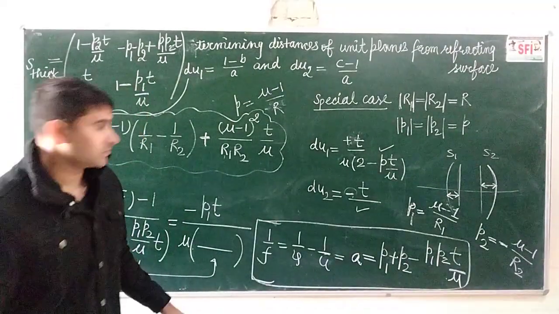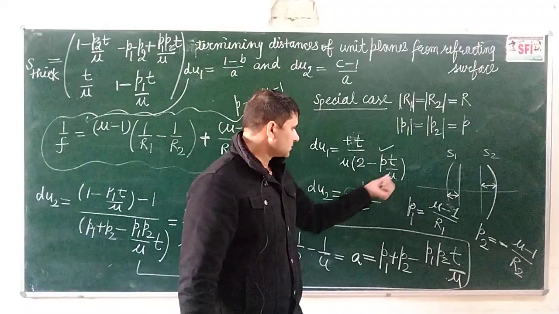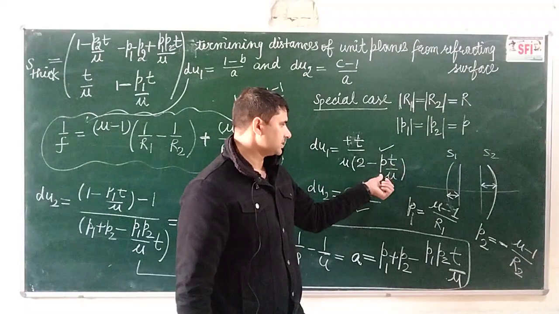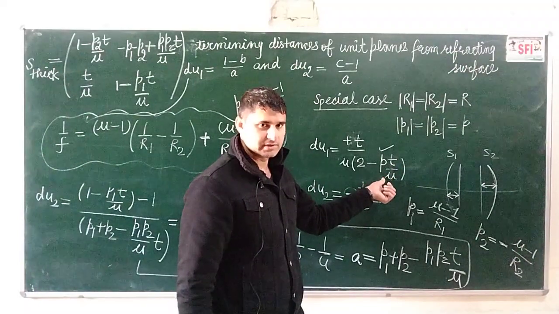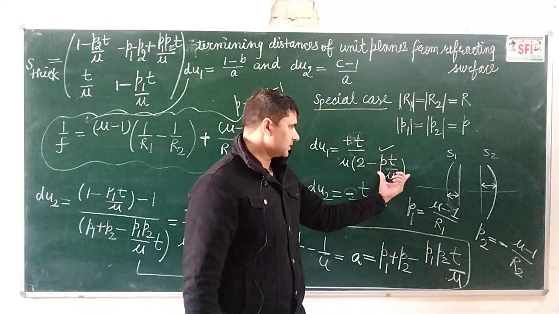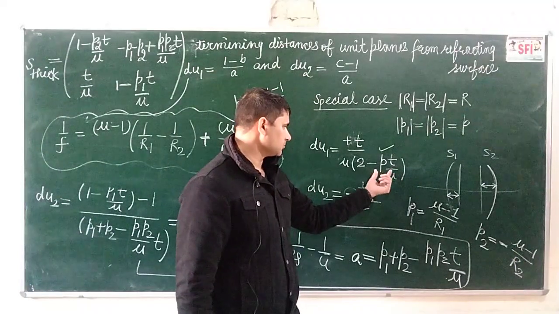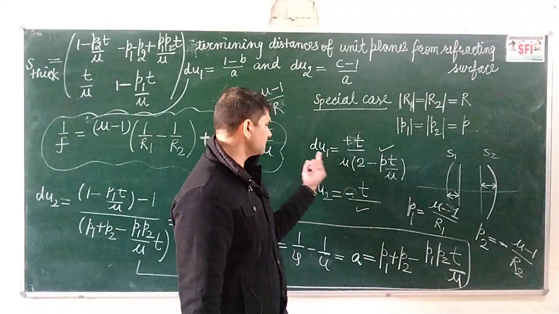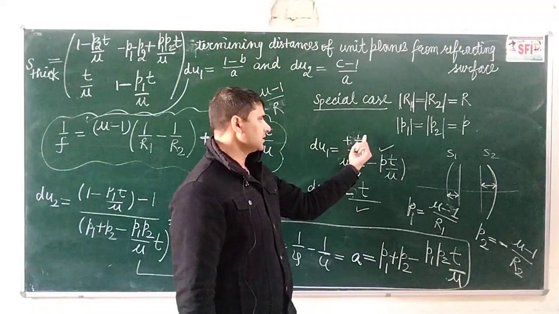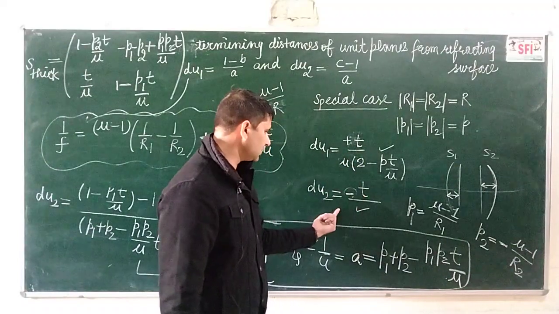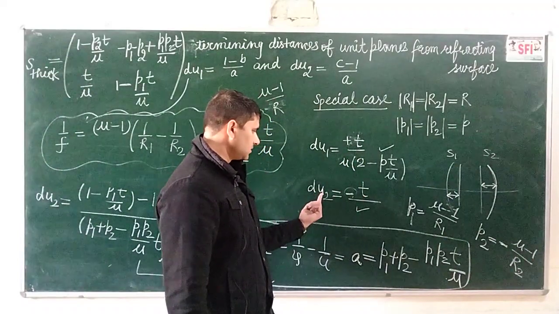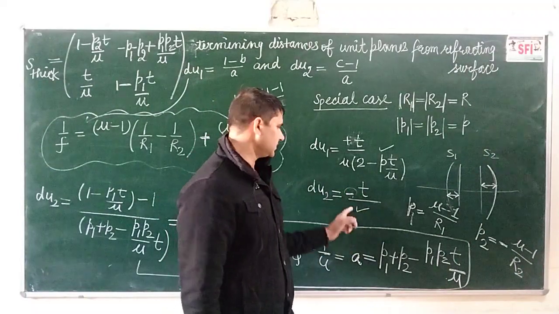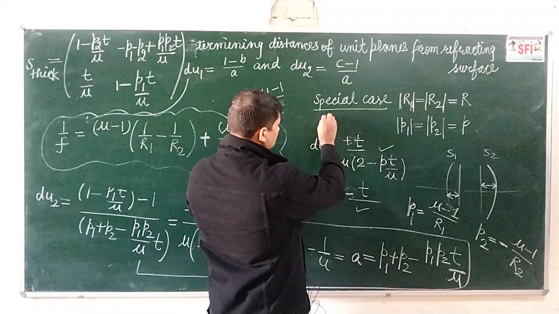Okay class, one more thing we have left is, if the thickness is very small as compared to the radius of curvature, then this factor will get cancelled out, because you can neglect this factor and you are left with dU1 equal to T by 2 mu. In the same way, here you will get dU2 equal to minus T by 2 mu, and this will be the case when